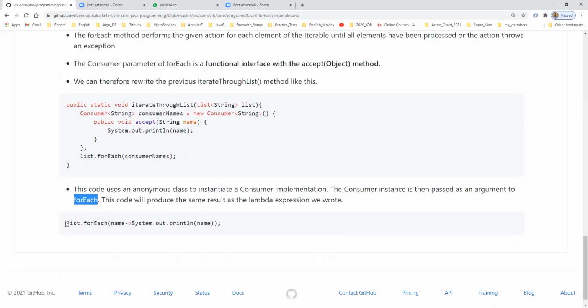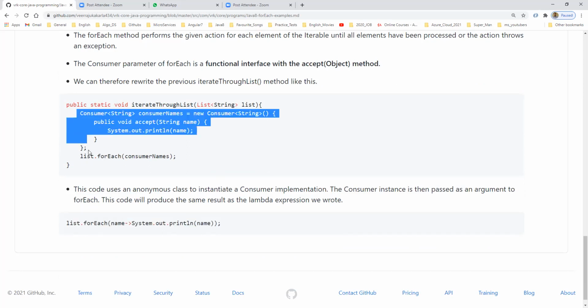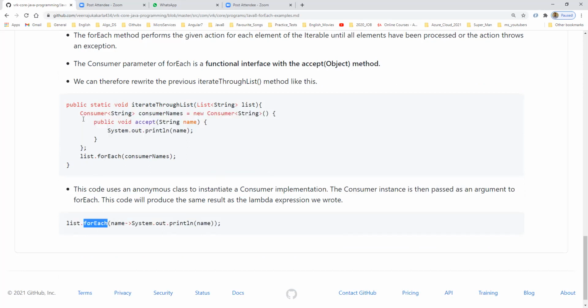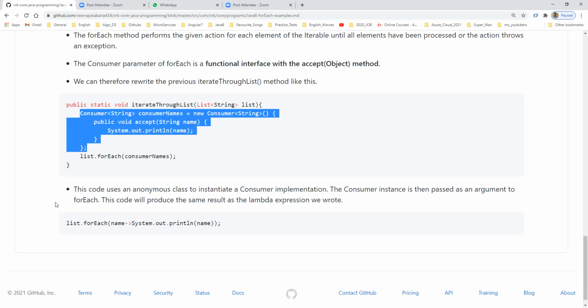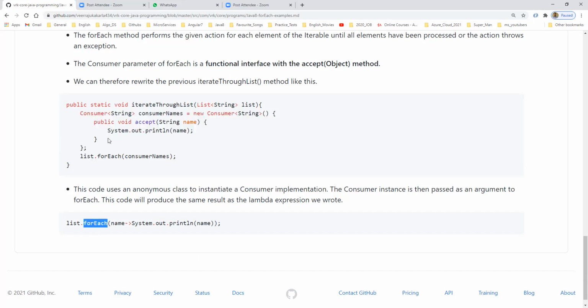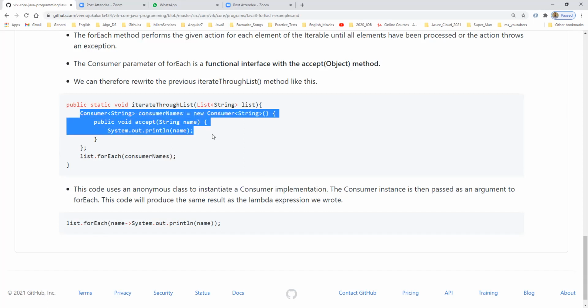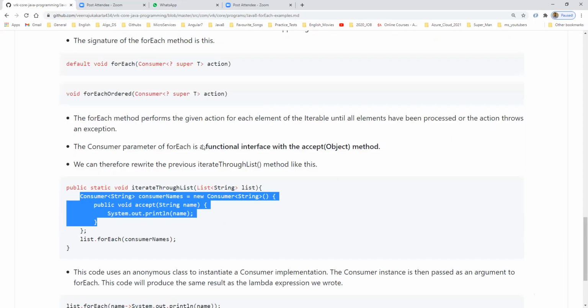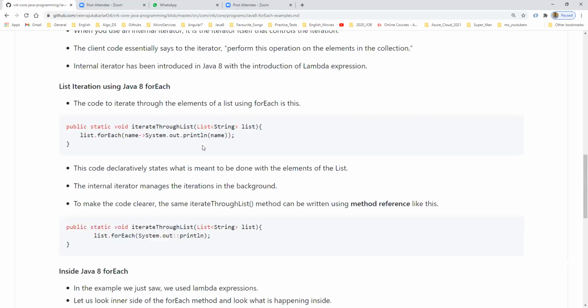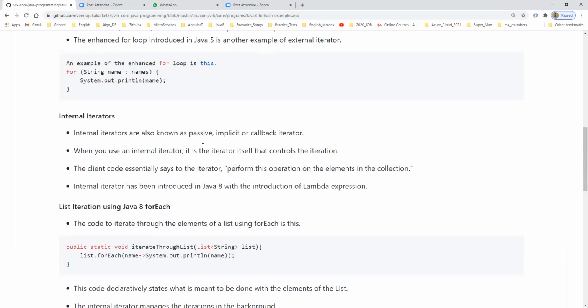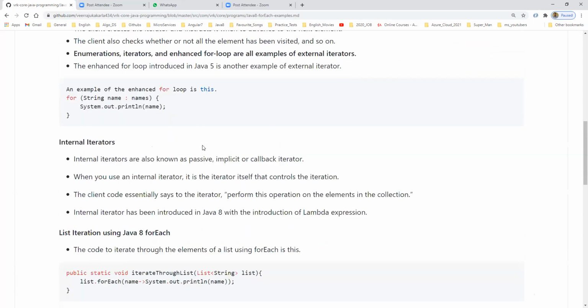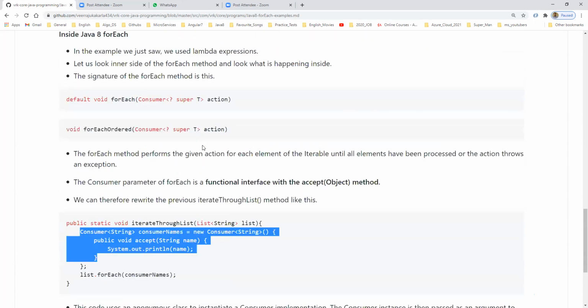Whatever we are giving, the line is equal to this line. Inside forEach, the consumer functional interface is already implemented. That is what I want to say here. This is a brief explanation of forEach, right? Now we are jumping to the examples.